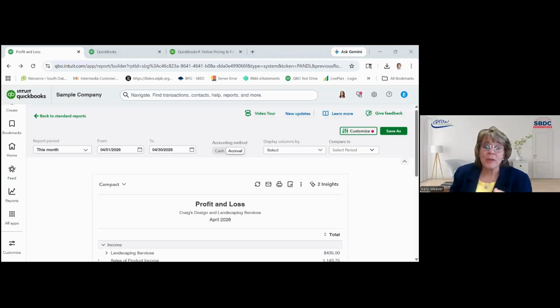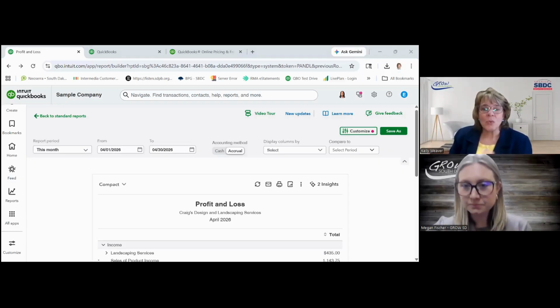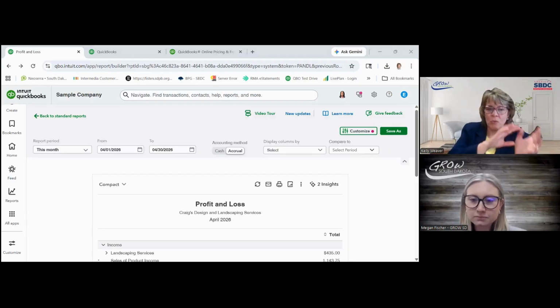When you think about a nonprofit receiving donations in the mail, if you have a relationship with that donor, you could consider them as a customer. They're paying you for your services in a way. So if you wanted to set up a donor as a customer, you could use that same methodology. Or you can just go right to the direct make deposit window, and you can tag a customer name there. You just don't keep as much detail as you would if you went through the invoice process.